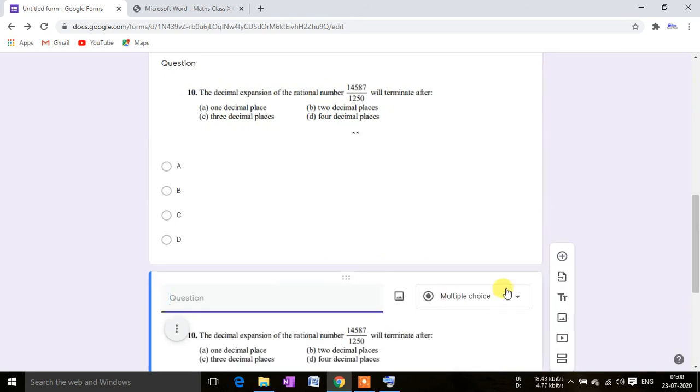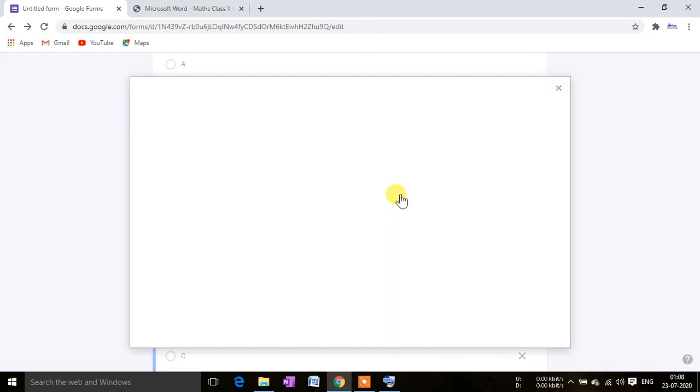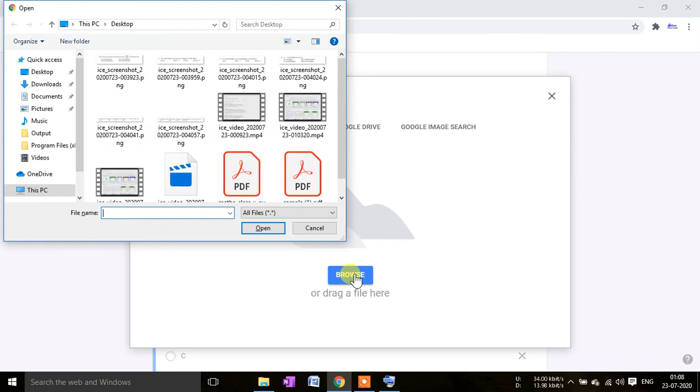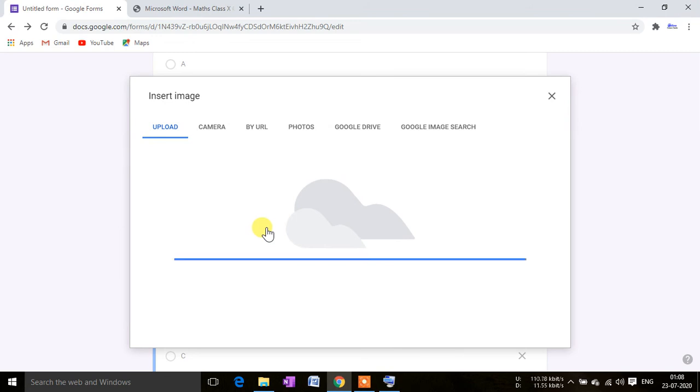Okay, just copy this question. So marks will be by default selected, that is 1, and the answer will also be selected by default, which you can change manually. Here you will have to change the image because you are going to ask the second question. Just again click over the image, and then again go to browse and select another question.